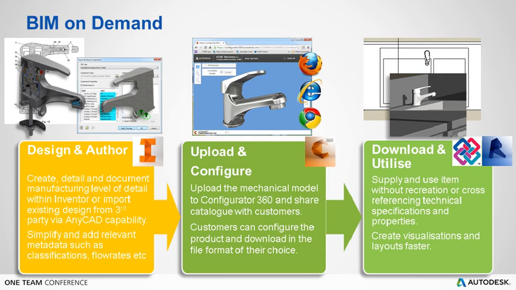I can also add more intelligence into that, so that if I have a number of different sizes, I'm using the design automation functionality we have in Inventor to allow us to easily change the design, rather than having to go in and manually change it for each size that I want each time that's required. So that's just part of the design process, and that's what we do as a standard inside of Inventor for product design. The difference comes when we want to translate or transpose that over to the architectural world